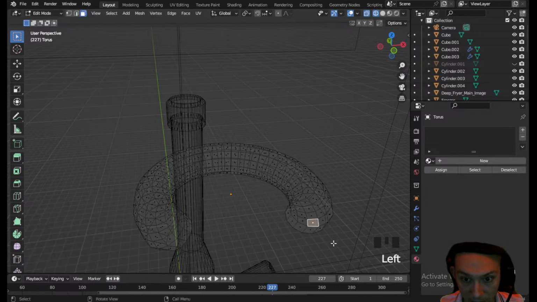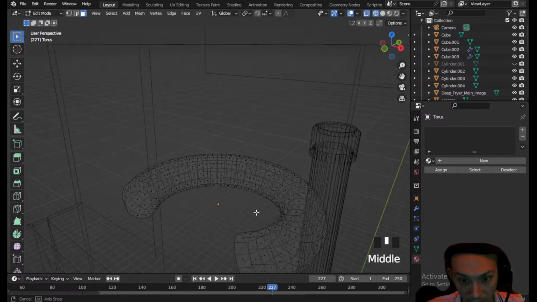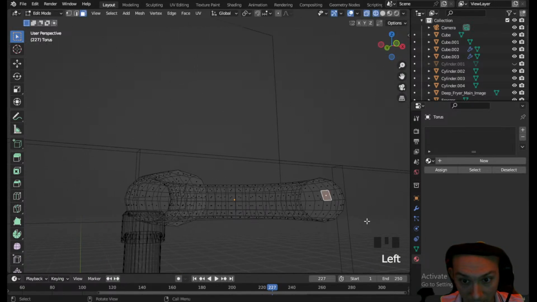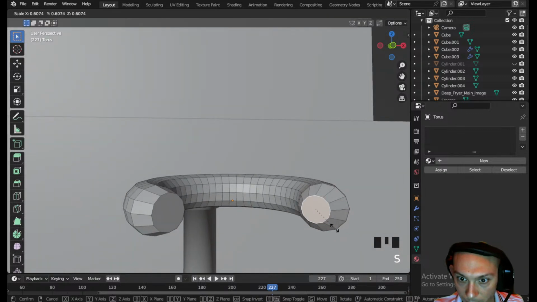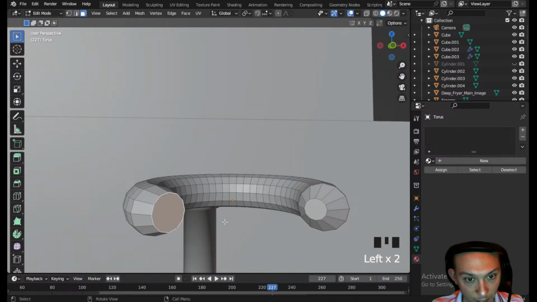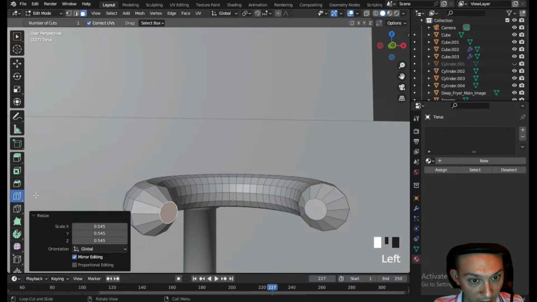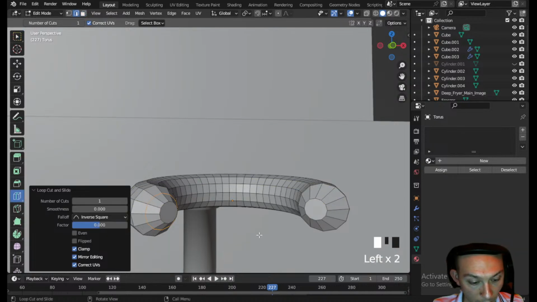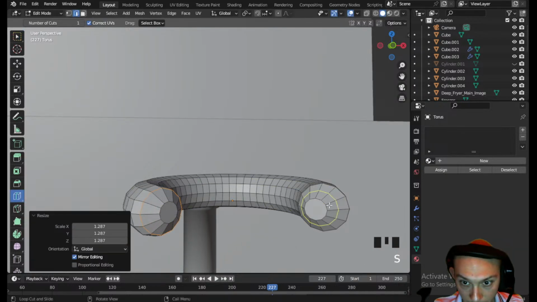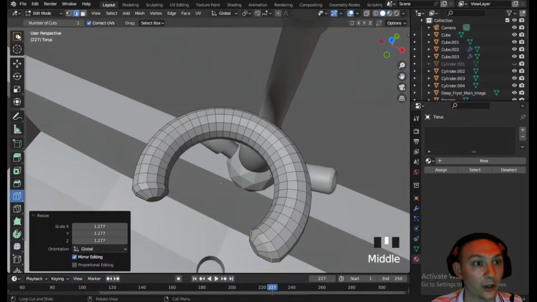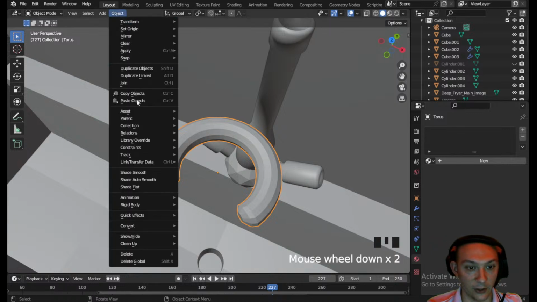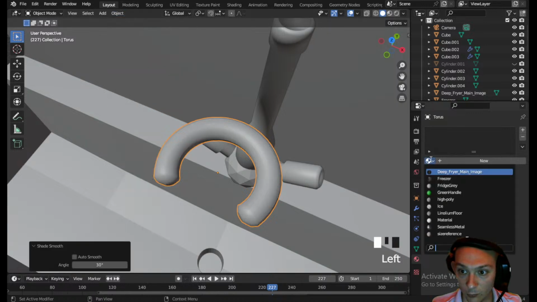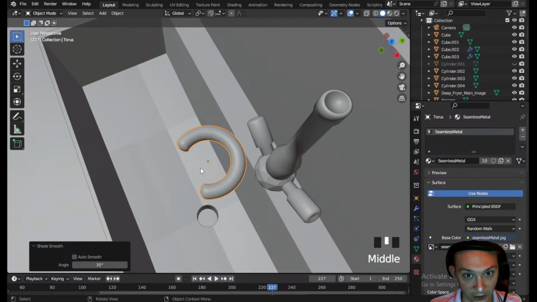Scale them like that. No, don't scale them like that. Solid. There we go. Yeah, I think I will scale them pretty closed, and then if I feel like we need more, a nice little thing like that. There we go. All right, and then let's make this a shade smooth, and we'll apply our seamless metal texture,